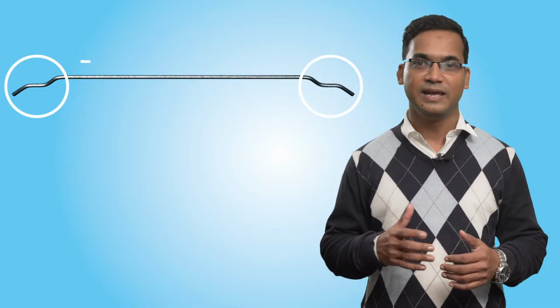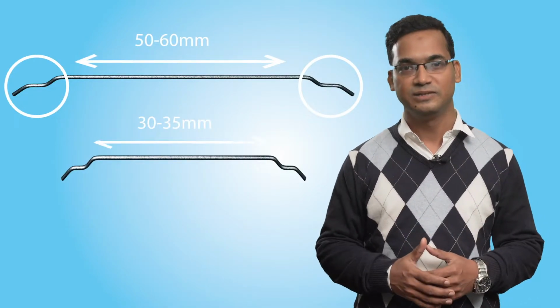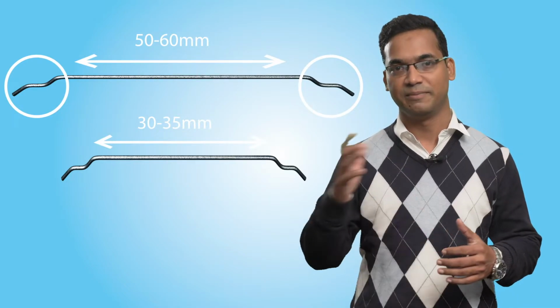Shape and anchorage of steel fibers have a very big role to play in the performance behavior of steel fiber reinforced concrete. Dramix steel fibers are straight hooked end fibers having length in the range of 50 to 60 mm for normal concrete and 30 to 35 mm for shotcrete applications. This fiber length has been chosen to bridge two major aggregates of the concrete matrix that they are supposed to